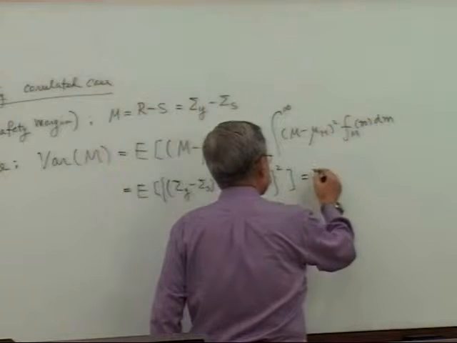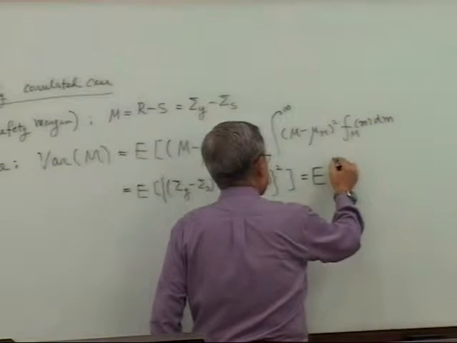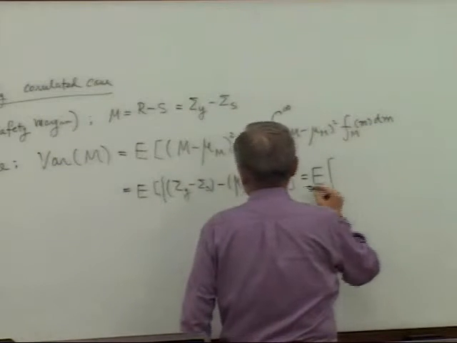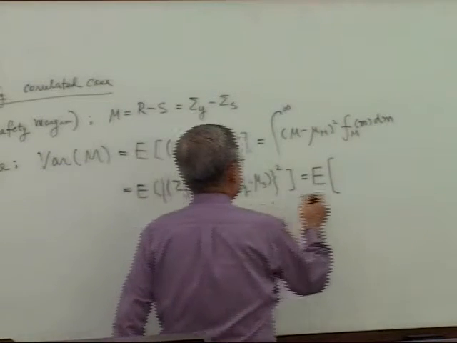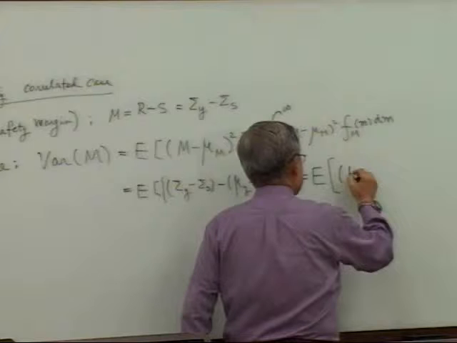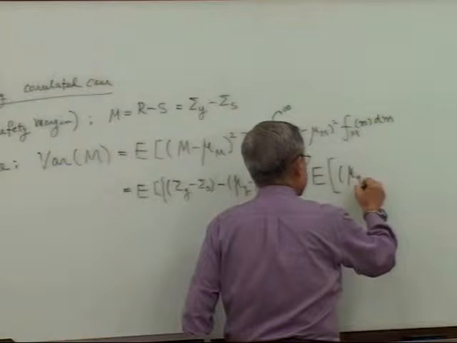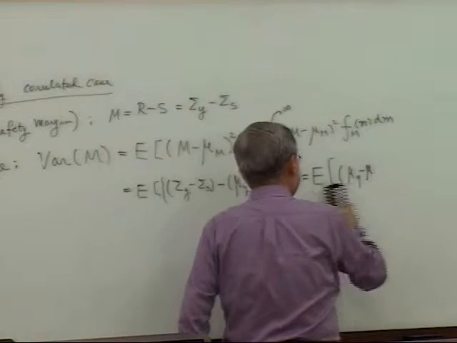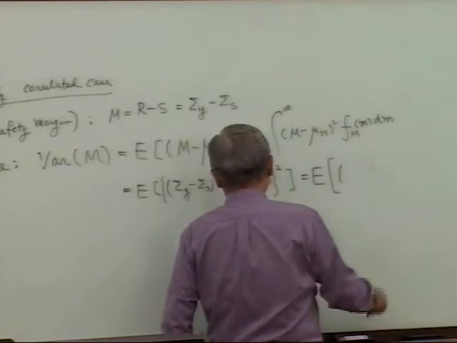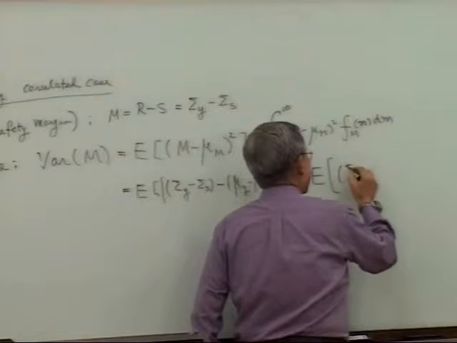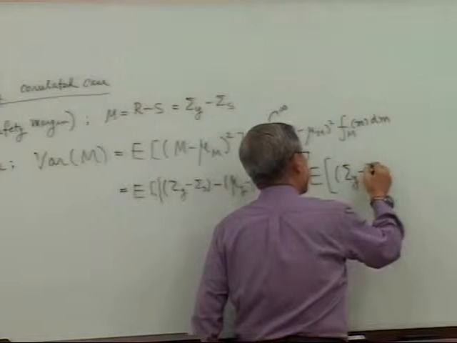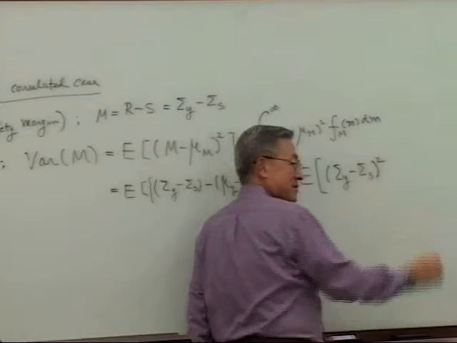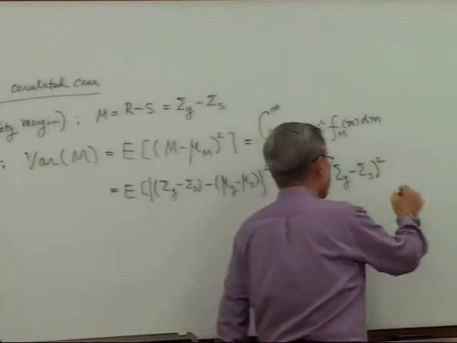And this is equal to E of, now this is squared, mu y minus, this is surely Friday morning, isn't it, y minus mu s squared, plus,